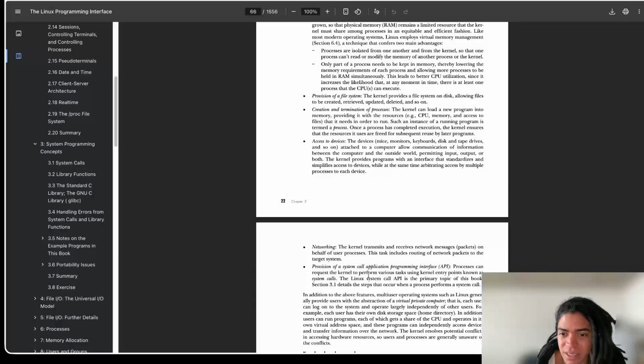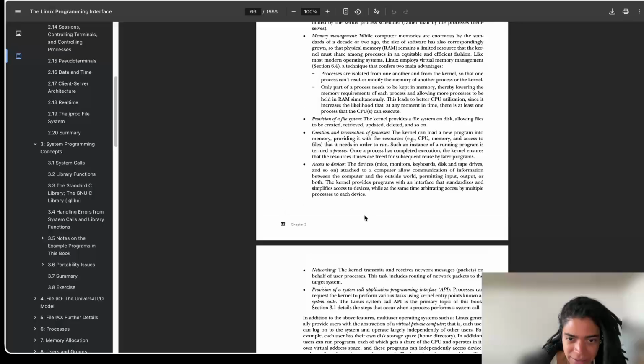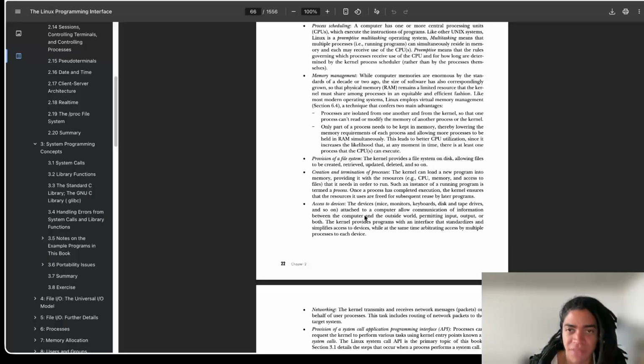And I mention this because at the end of the day, this is what Node.js is all about. It's just a layer between you as a JavaScript user and that particular kernel,